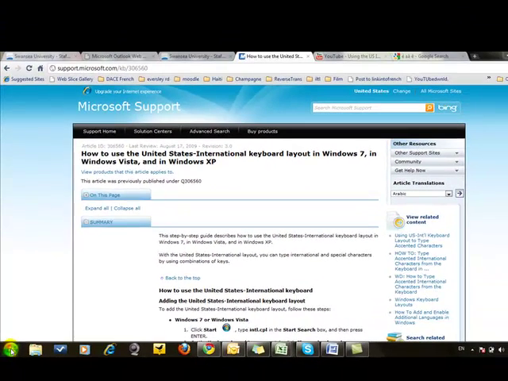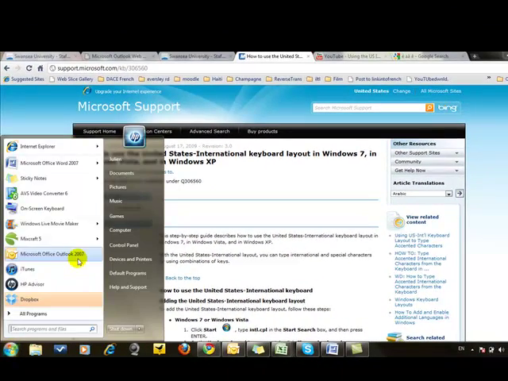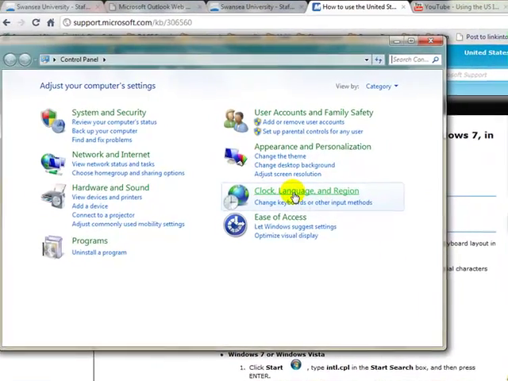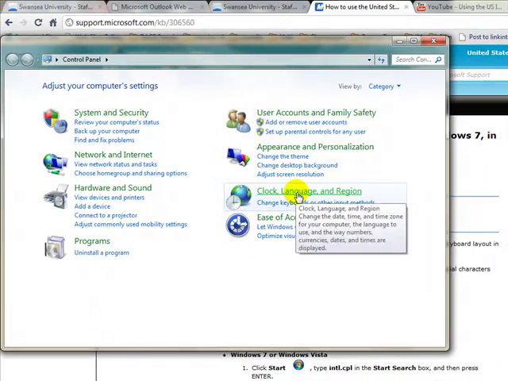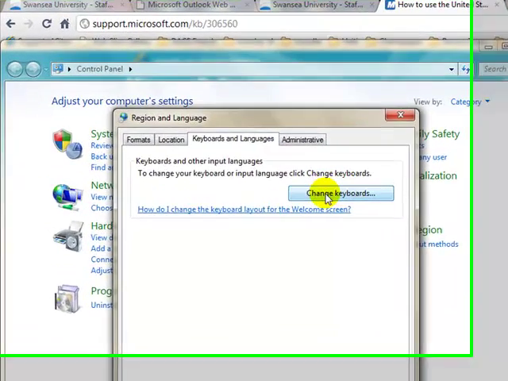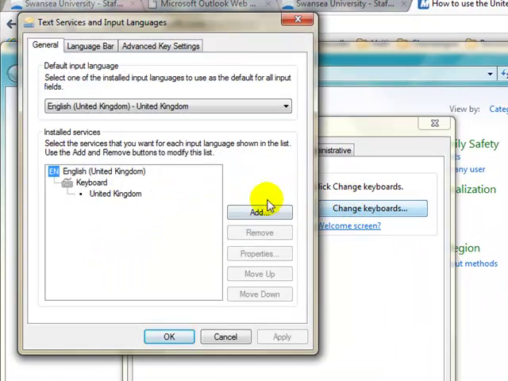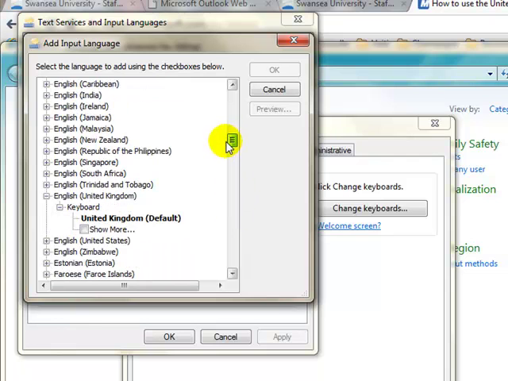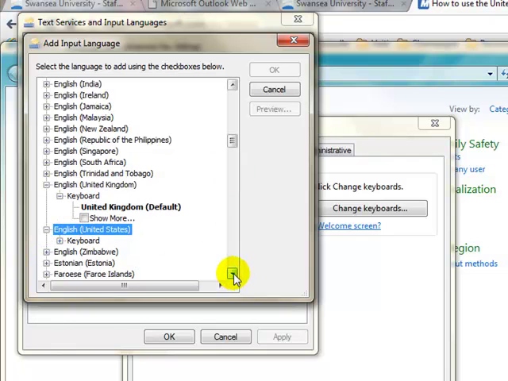check also that it's done, you go to the Start menu and go into the Control Panel and click on Clock, Language and Region, and here Change Keyboards or Other Input Methods, so I'll click that. And you go to Change Keyboards, click there, and you see the language that you have is United Kingdom, so you want to add a keyboard, and you go to English, United States, fold that menu out